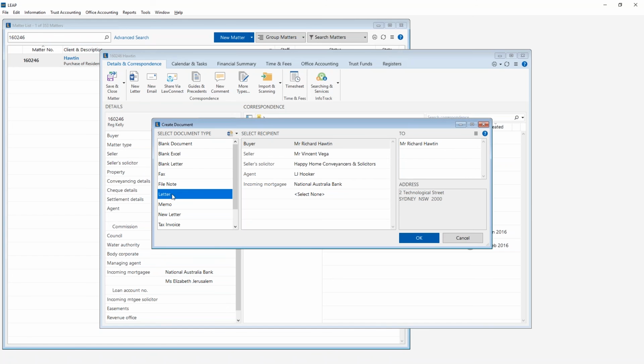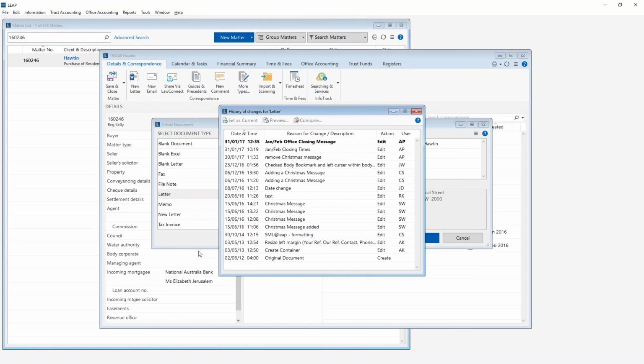So to remove this message or to make any other changes, we go back into this document types list and we can either right click and select Edit to make changes, or we can select History of Changes at the very bottom. We click on the version of the letter that precedes the closing message that we just created, and we select Set to Current to revert to that version. While we're on this window,